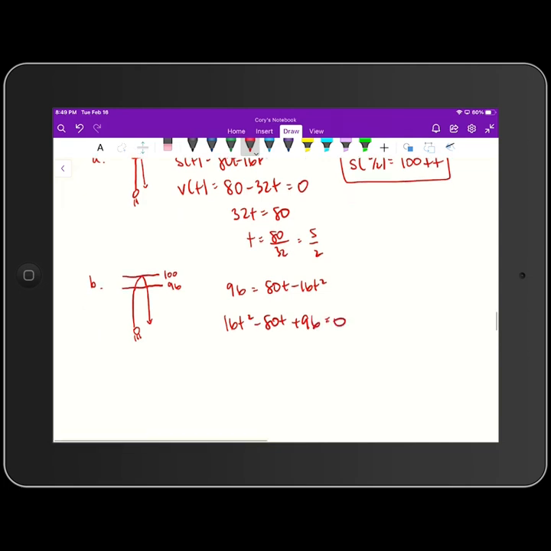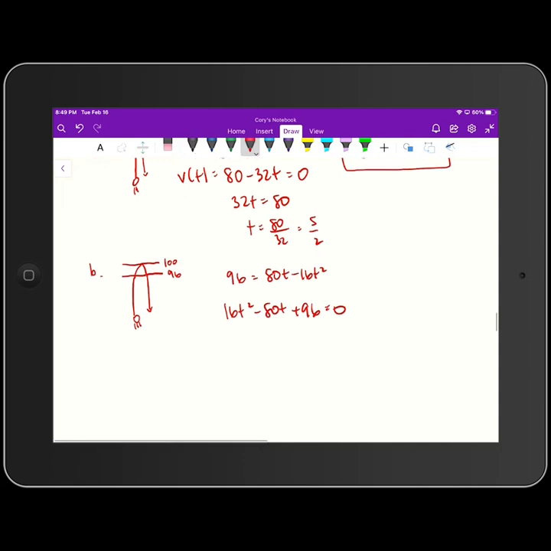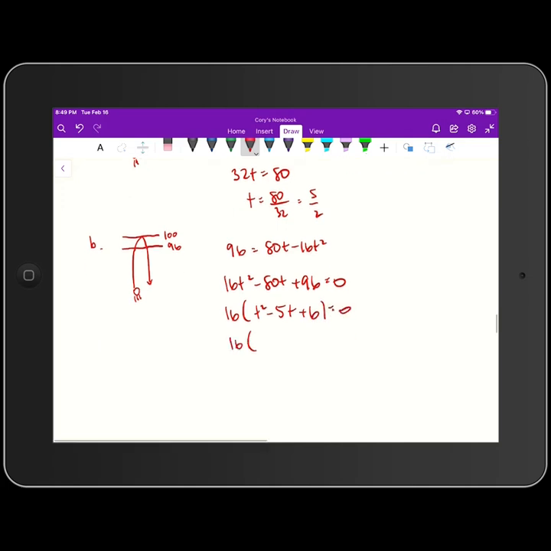And when we look at all three of those terms, they look like they are divisible by 16. So if we factor 16 out, we're left with t squared minus 5t plus 6 is equal to 0. And that quadratic equation factors to t minus 2 times t minus 3. So our times for which that occurs is at t is equal to 2 and t is equal to 3,